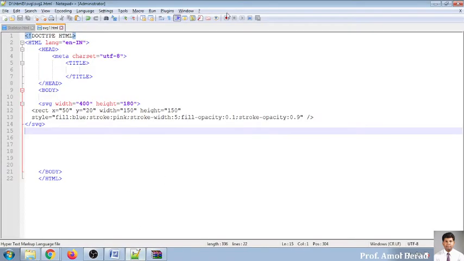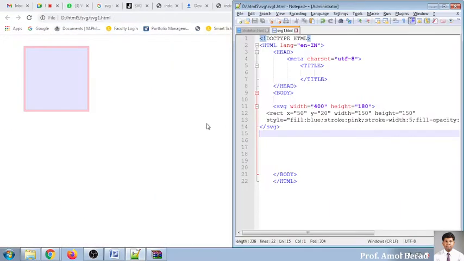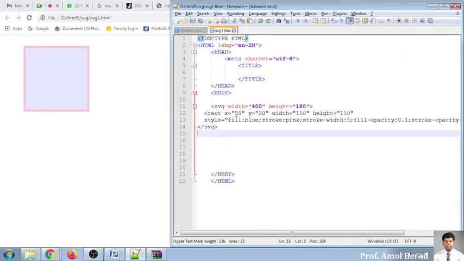So the opacity is one of the set of code. So how has it been done? It's very simple. Here the rectangle is set with x 50 and y 50, width is 150, height is 150. X coordinates and Y coordinates are used for this. And I'm giving a style, that is fill. I want to set a blue color over there.